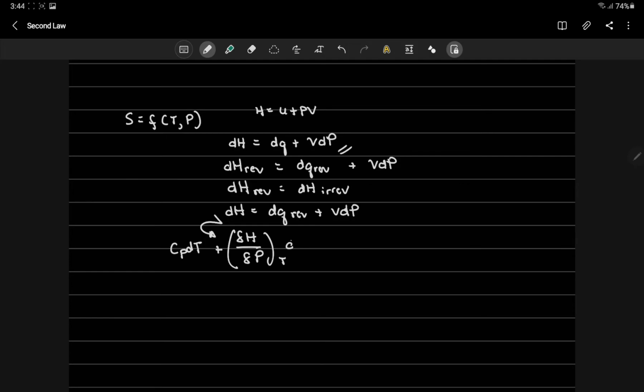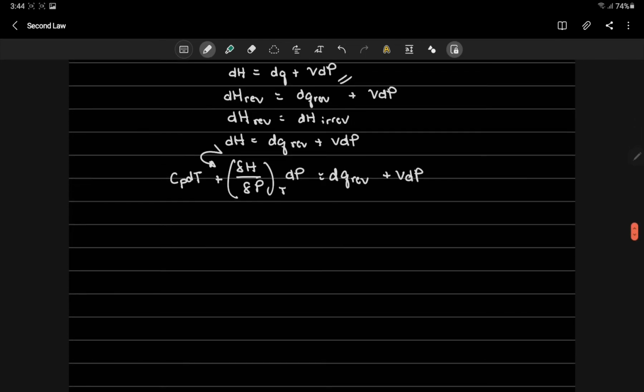So, meron pa tayong dP dito. Okay. Equals, nandyan pa rin si dQ plus VdP. Now, the same with what we did earlier, divide natin sa temperature yung buong equation na yan. So, what will happen? Magiging Cp over T dT. Yung second term